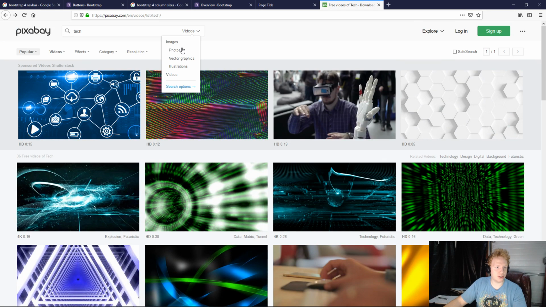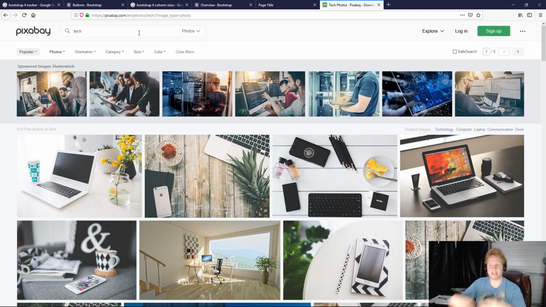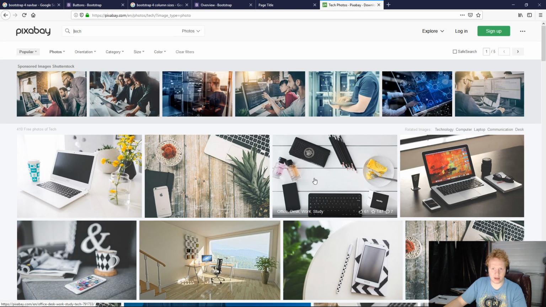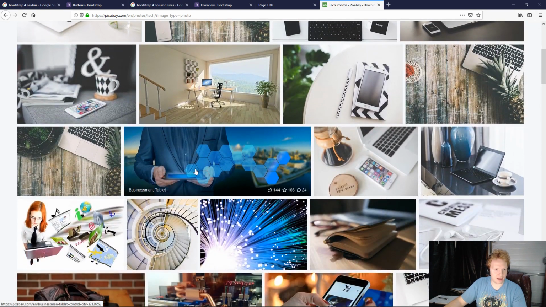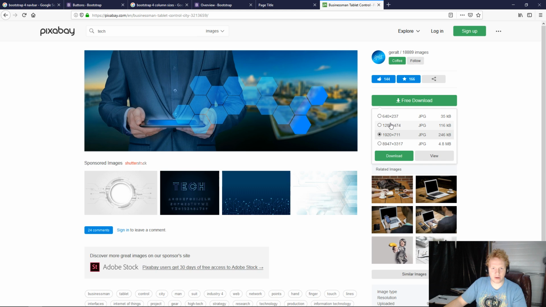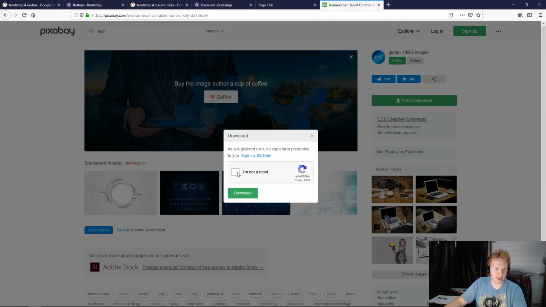Okay, but we're going to search just for photos, for technology, because we are cyberspace tech. So let's go ahead, and I really like this tablet one. A lot of other people have liked it too. I'm going to go ahead and grab this, and we're going to grab this smaller size. So 116 kilobytes, that's not too bad. We'll go ahead and download that,